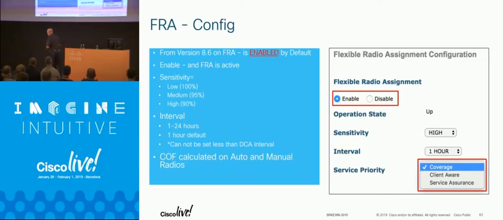When you configure FRA, service assurance is still there, but that's not valid anymore. You're going to get a choice: either coverage, which is the default profile for what I just discussed, or client aware. Client aware lets you take a monitor role radio, and I've got some more on this later, but it lets you bring a 5 gigahertz interface online for a flash mob.